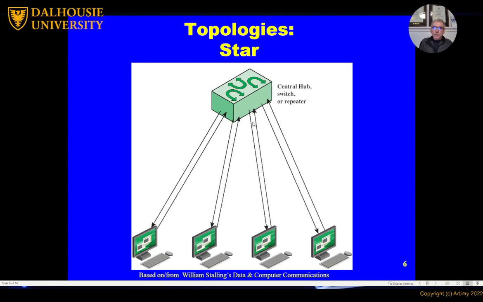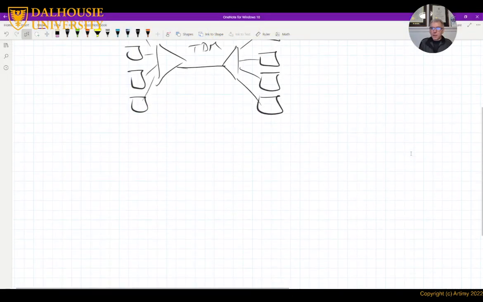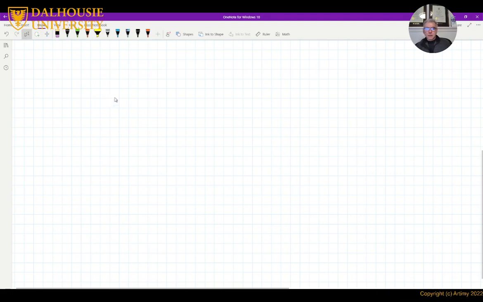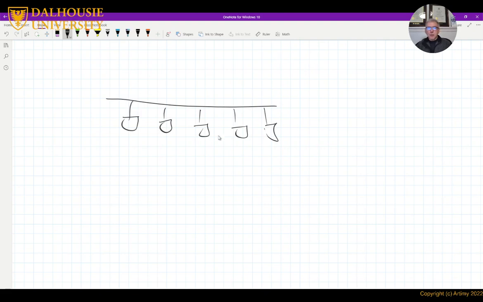The solution to the bus problem is actually easier. The solution to the bus problem happened by actually looking at, I'll explain it in a simple way. So we have this bus that connects nodes. So what if I shrink this bus to the point it becomes a single point?